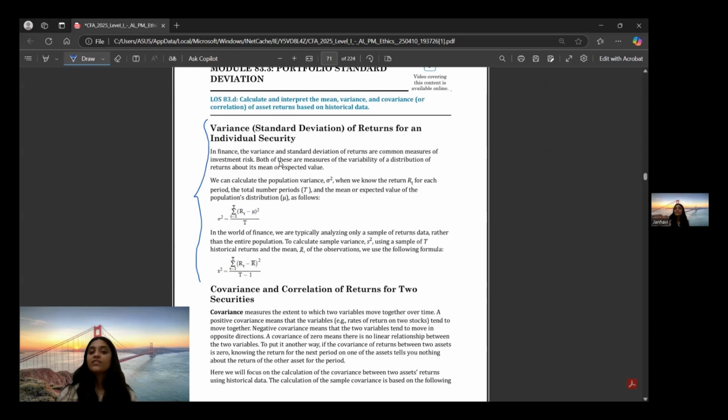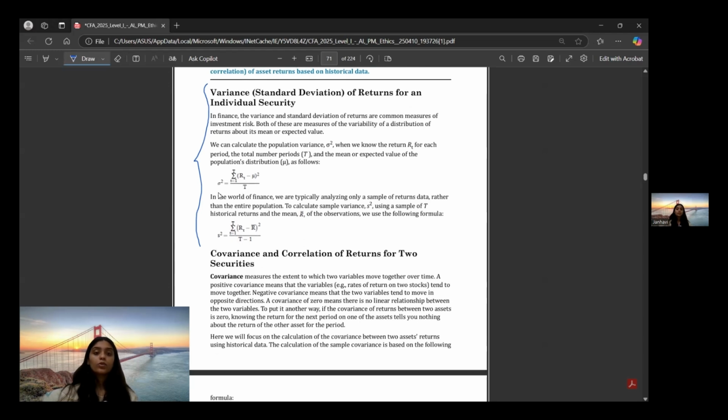Okay. So in finance, variance and standard deviation of returns are common measures of investment risk. So these two are usually used to measure the risk of the portfolio or the investment. So this is the formula of variance. But if you guys remember, we have learned variance before in statistics too. This version of the formula is given in just quite a complicated way. To make it easier for you guys, the formula of variance is